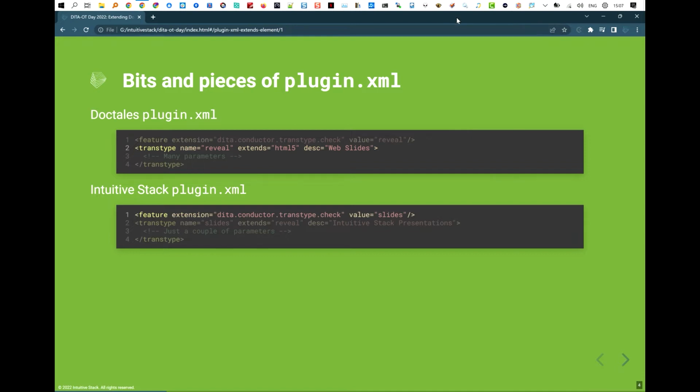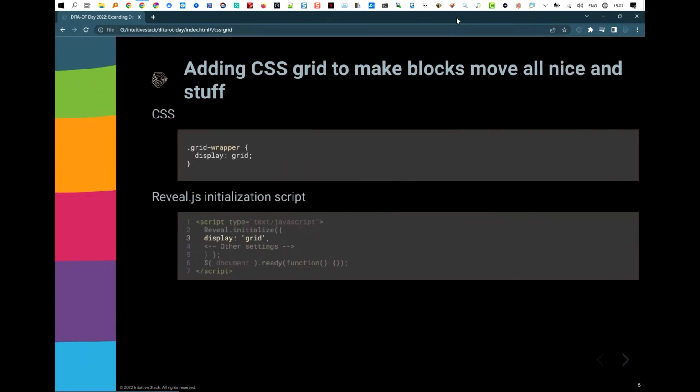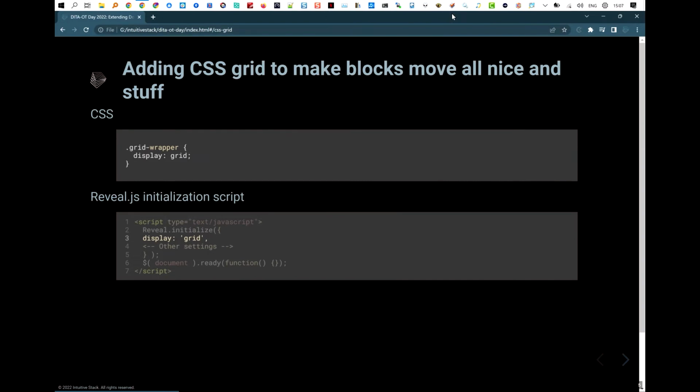So I created my own plugin, and as I said, I created the slides, which extends the reveal. And there's not much more to do. Added in the CSS and added in the CSS that the reveal has to be initialized. It's a JavaScript framework. Add in the grid, saying that you want to use some grid functionality, and